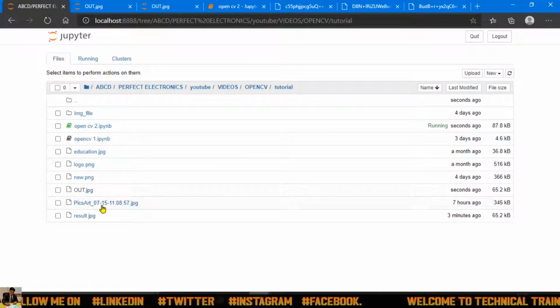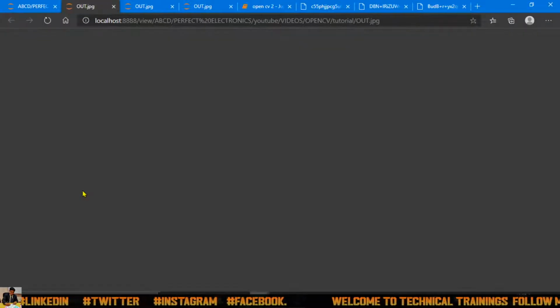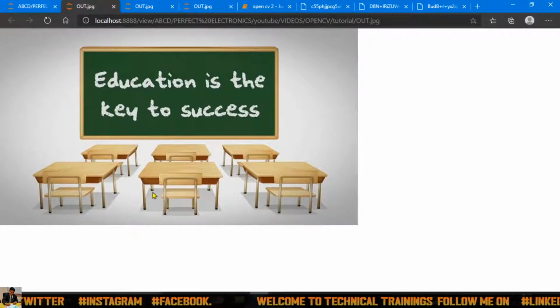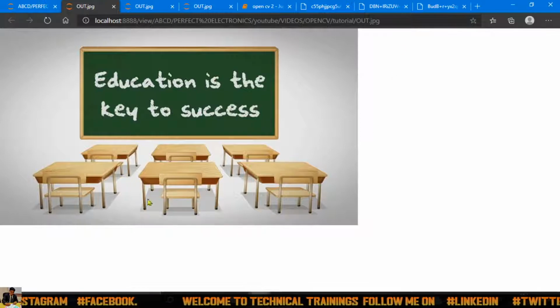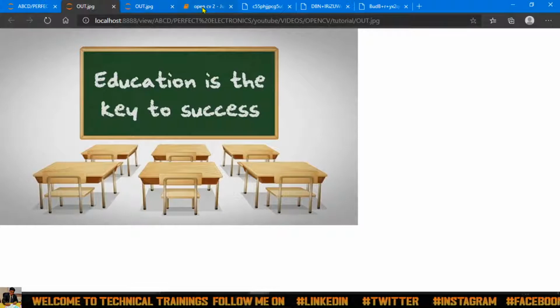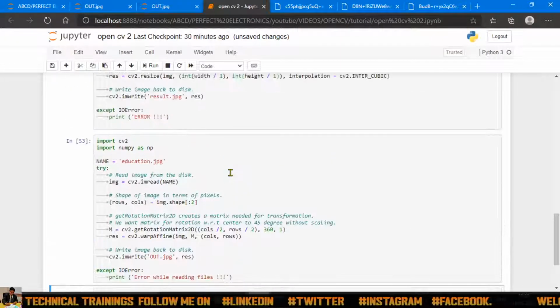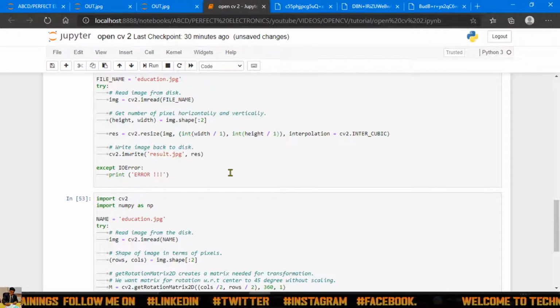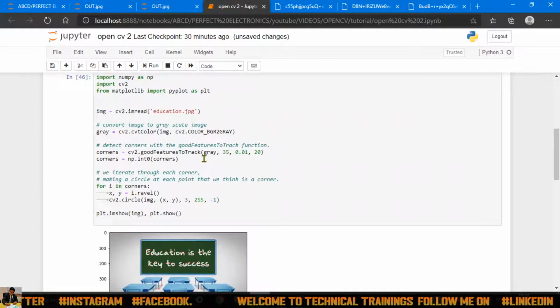Execute and open that output image. Now see, the total image got rotated by 360 degrees guys. So like this you can make some changes using OpenCV, and you can have fun using the images.